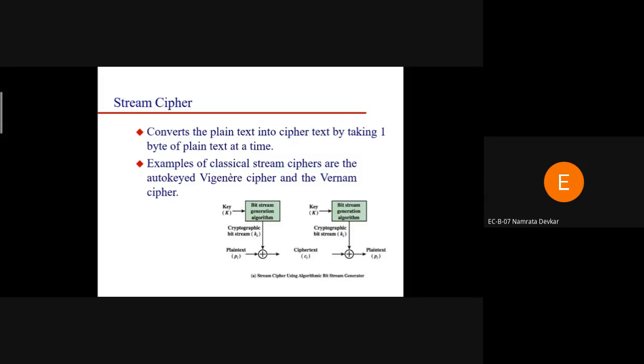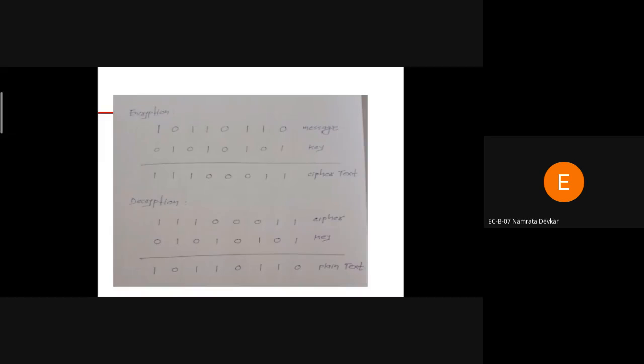Okay, so with the help of this key we can do the XOR operation, and we can encrypt the message as well as decrypt the message. So we'll take one simple example of how a message can be encrypted and decrypted by using the stream cipher. Here we can take any input message.